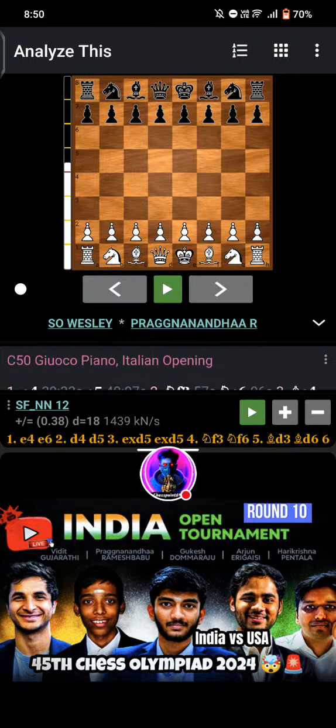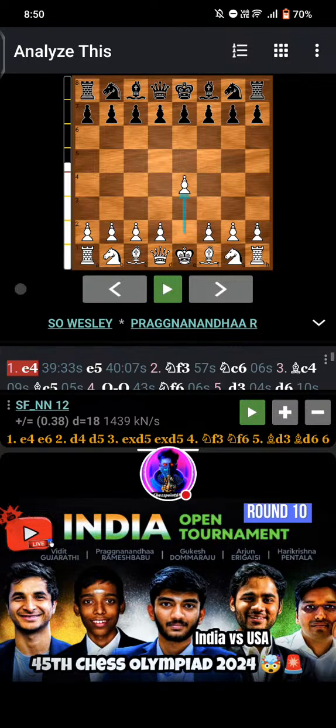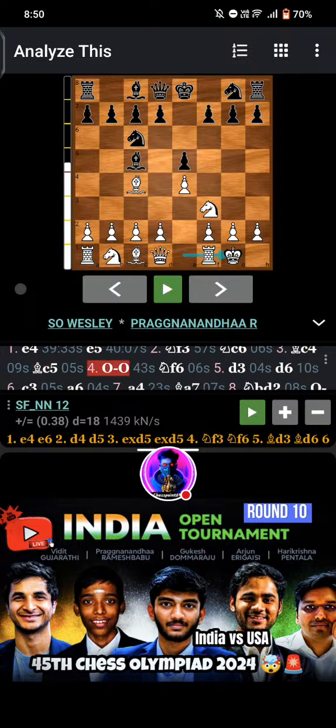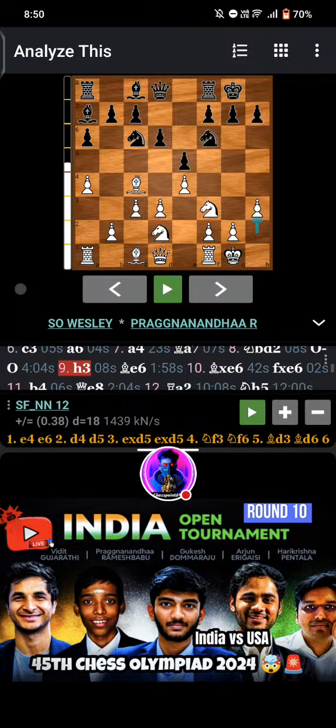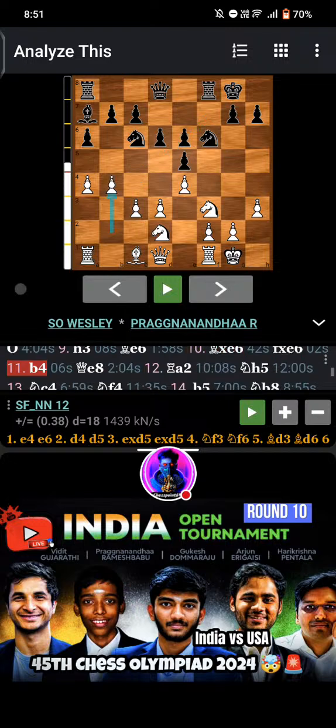So here Wesley is white and Praggnanandhaa is black. So Wesley started with e4, then e5, then knight f3, knight c6, bishop c4, bishop c5, castles, knight f6, d3, d6, c3, a6, a4, bishop a7, knight d2, castles, h3, bishop e6, b takes e6, f takes e6, b4, queen e8,